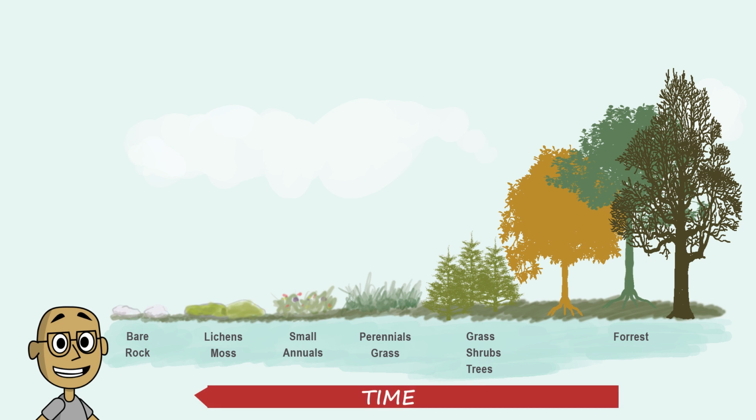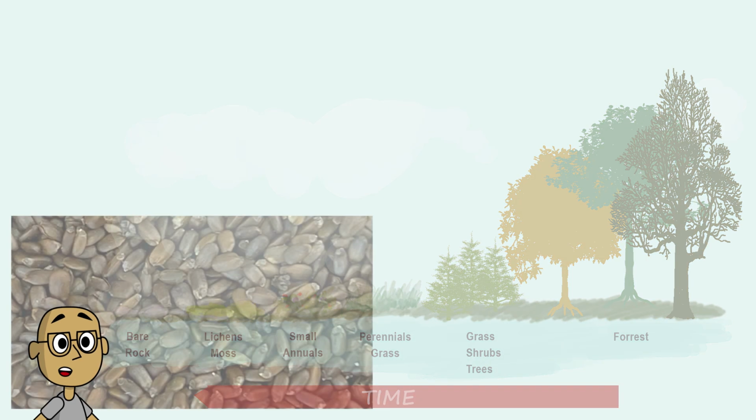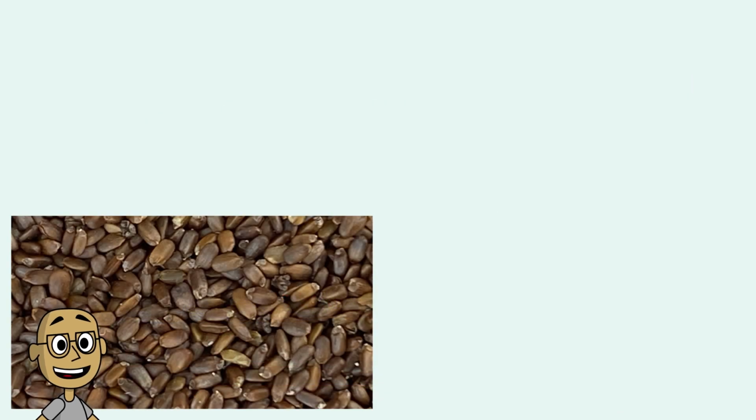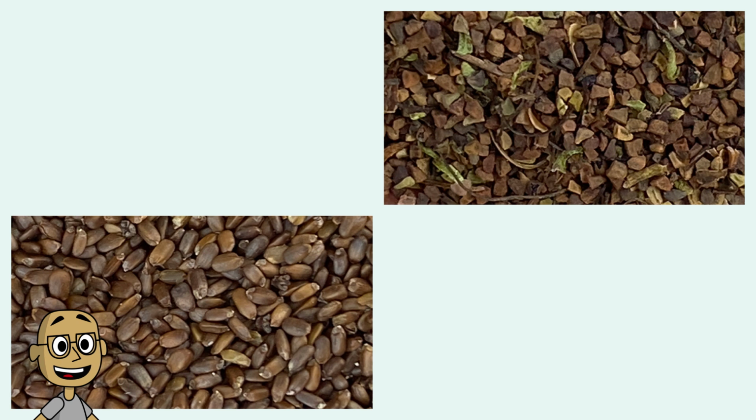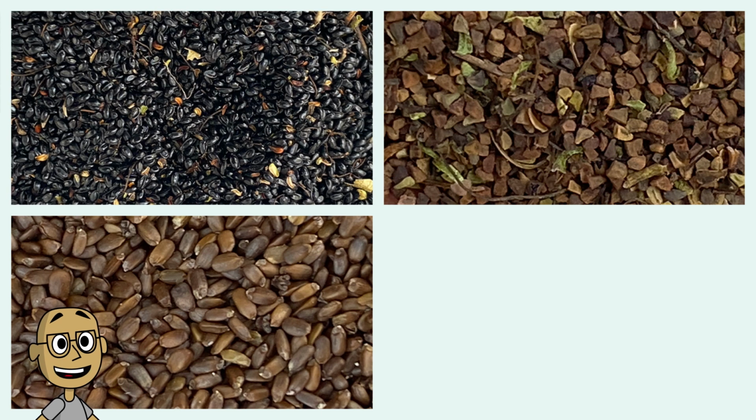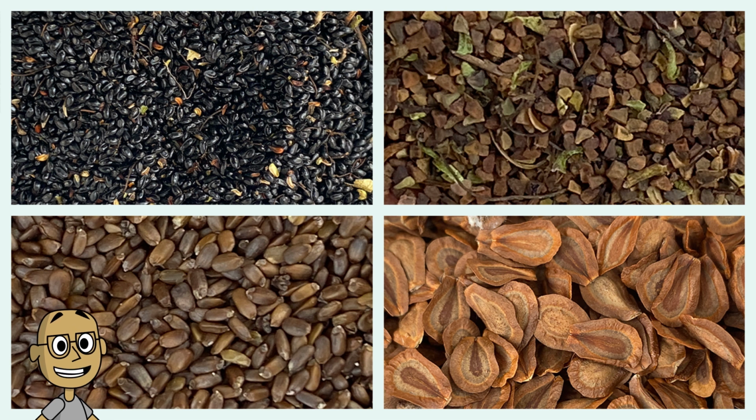If something were to go wrong, like lightning strikes and there's a fire, then the process moves backwards. Like with any emergency, the only way for a successful outcome is careful planning and immediate action. Nature is prepared for any scenario because all these specialists, or weed seeds, are actually already in the soil. There are thousands in 1 square foot of land, and they are ready to jump into action at a moment's